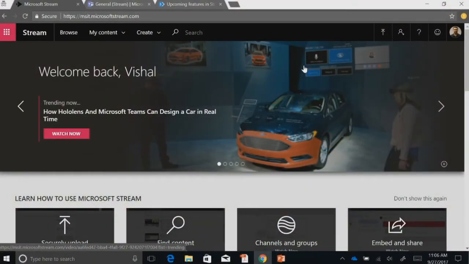Cool. So Microsoft Stream, we mentioned yesterday as well, is part of Office 365. So if you have any of the Office 365 enterprise SKUs, or kiosk SKUs, or education SKUs, and very soon government SKUs, you will be getting access to Stream out of the box. So you get to Stream by clicking on your app launcher, which is also fondly known as the waffle. It looks like a waffle, a Belgian waffle. So you click on that, and then you get to the Stream tile, and you'll end up on the Stream homepage.